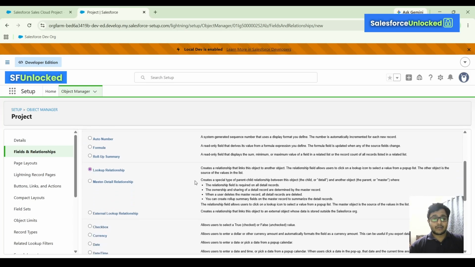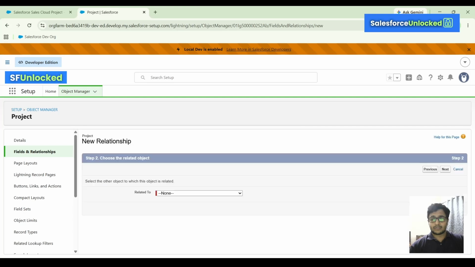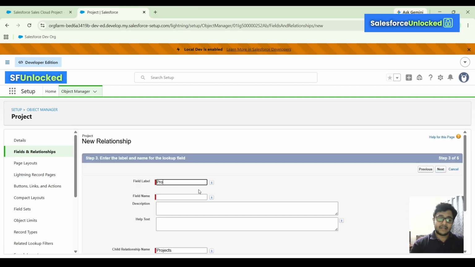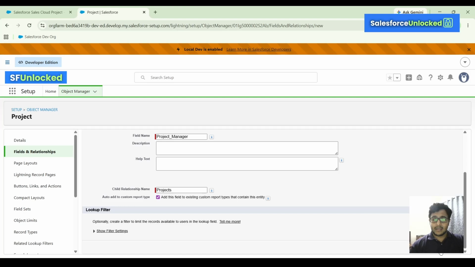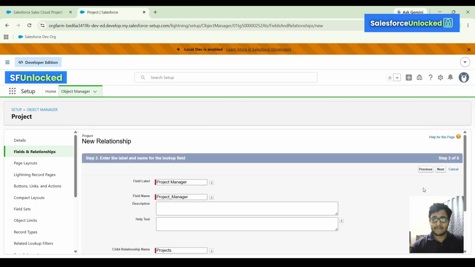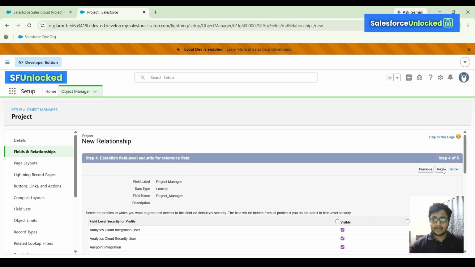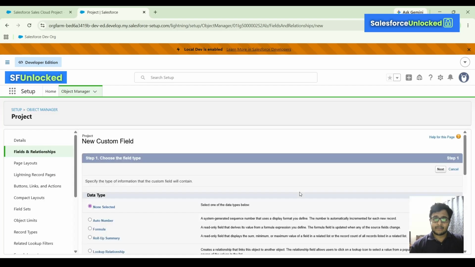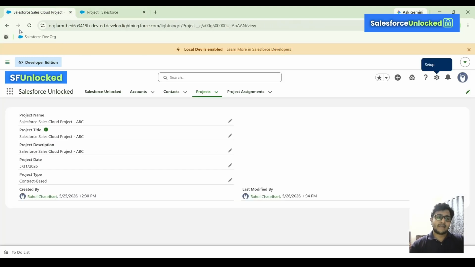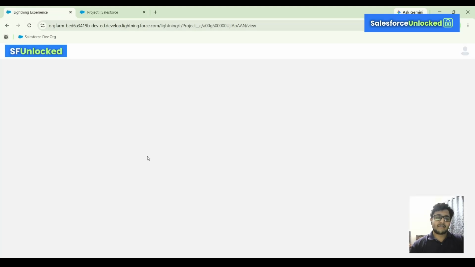So I will create a lookup relationship to the user object. Will click next, and the field label I will keep as project manager to understand who will be the approver, and we'll click next. I will click next and Save. Okay, now that I have created all the fields and I've added them to this layout,